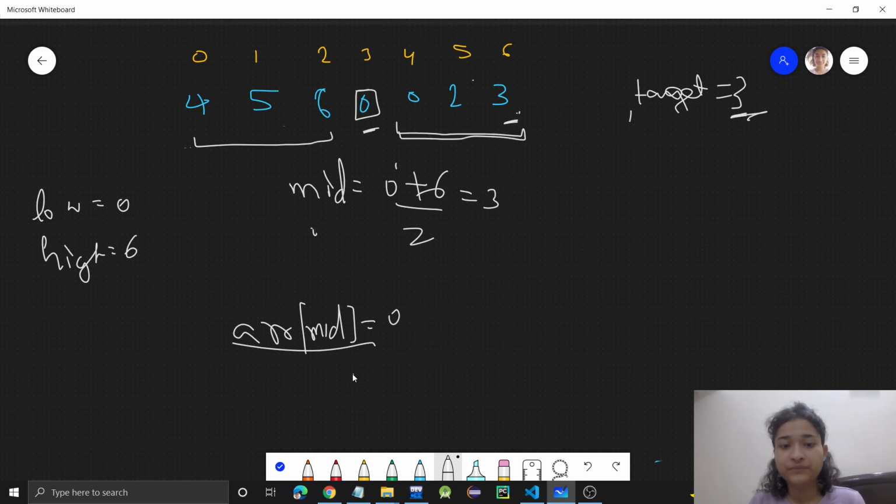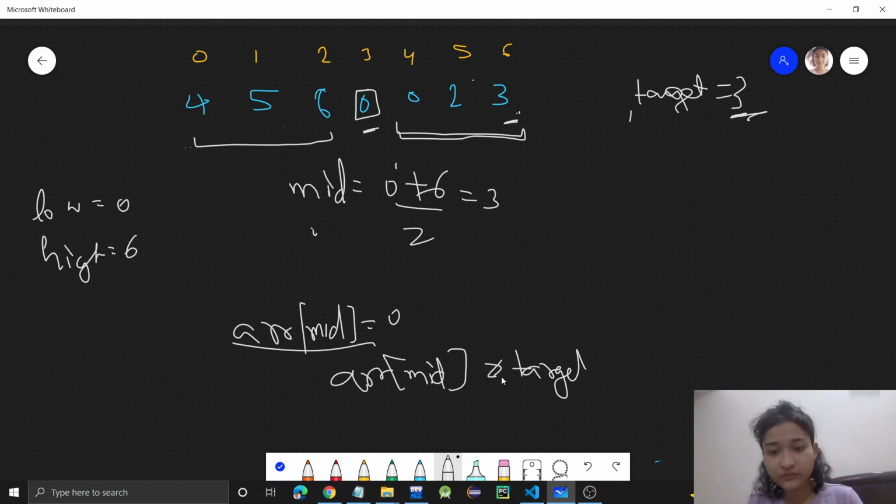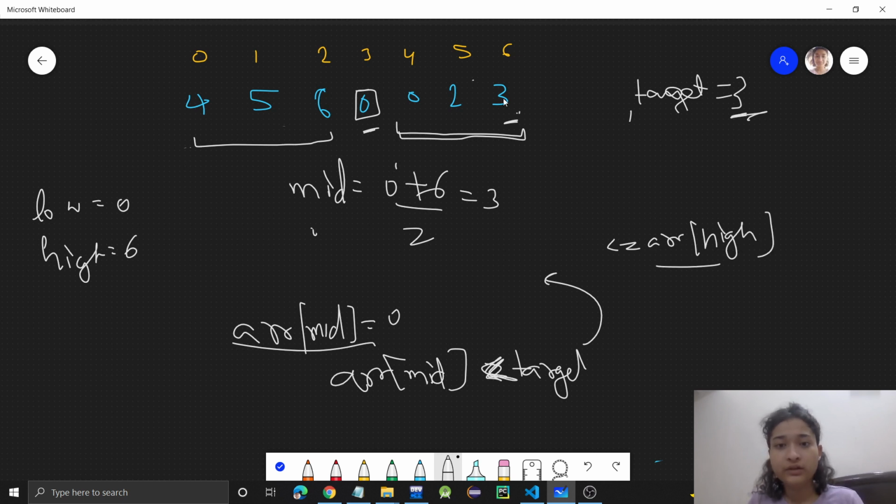So here, ARR of mid we have, and our target is greater than ARR of mid, and our target is less than or equal to ARR of high. ARR of high is here 3. Basically, it means that it lies in this half. So these two conditions should be true.